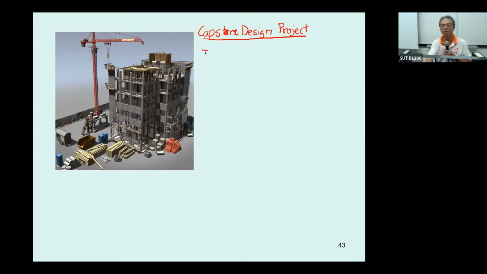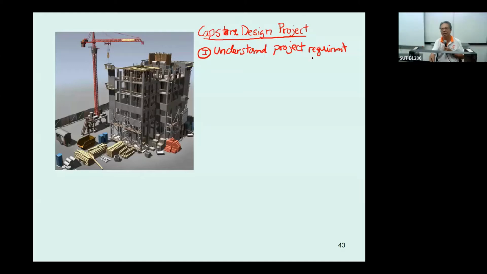So first one, you got to understand the project requirement. That means you're going to draft what the project is going to be built for. For example, it is going to be a school. For example, it is going to be for a condominium, those kinds of things. Okay, and then you're going to study the architectural plan, and then you are going to